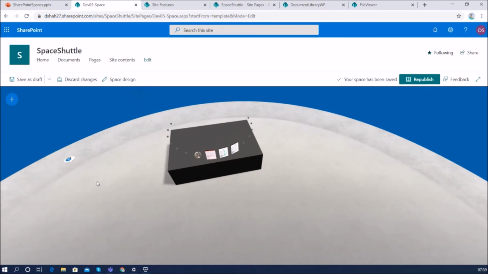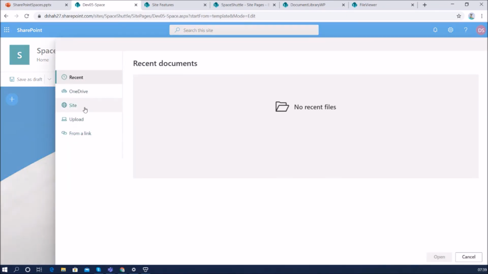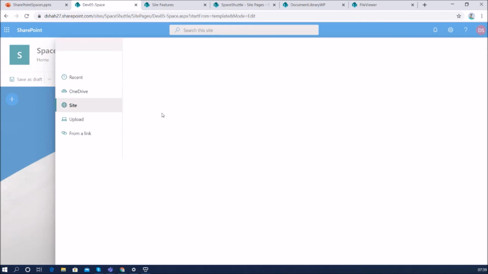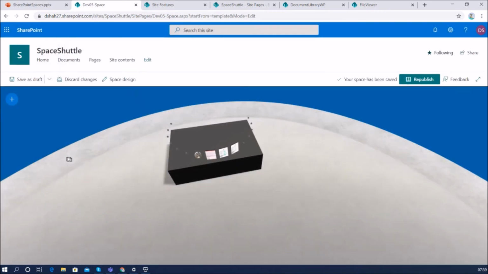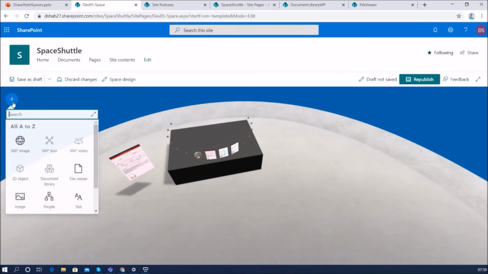This is the file viewer, and same way we can configure specific files from your website or your different options, right? So this is our document library, and let's say if I want to add this document, we can choose this option and easily add this document over here, right? So this is the file viewer web part, which is simple.